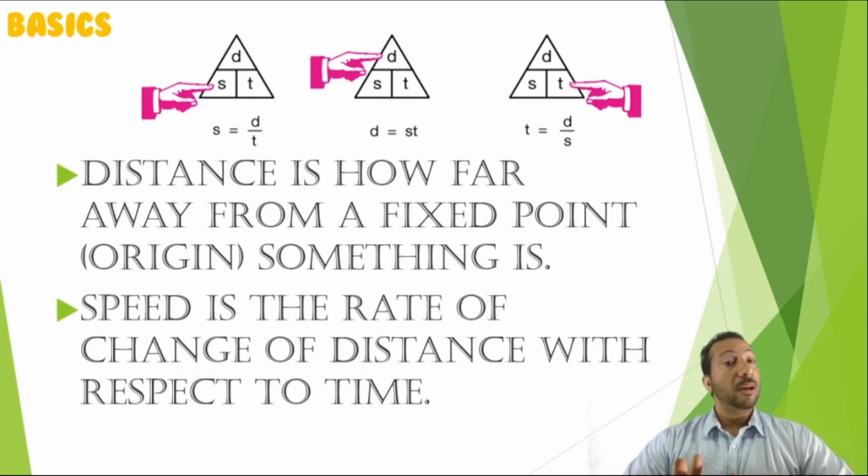Speed is the rate of change of distance with respect to time. So here we have our equation triangle. We know that speed is equal to distance divided by time. Distance is equal to speed multiplied by time, and time is distance divided by speed. It is important to note that distance, speed, and time are all scalars, meaning that their direction does not make